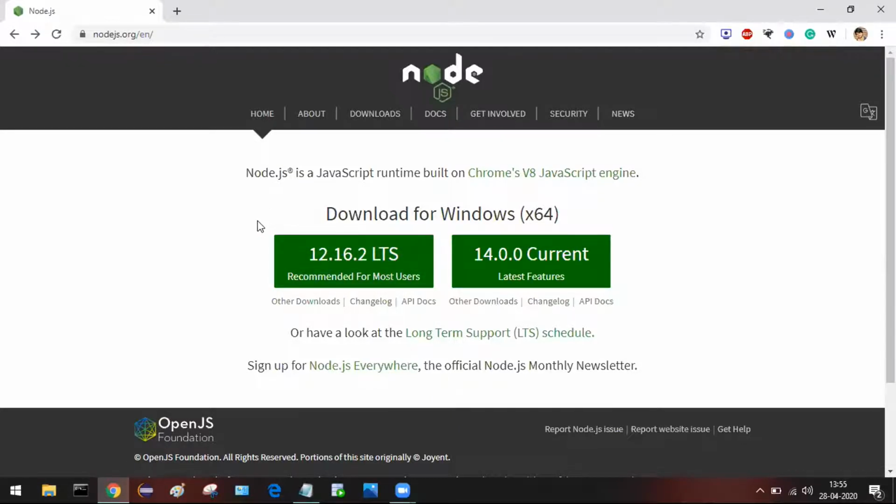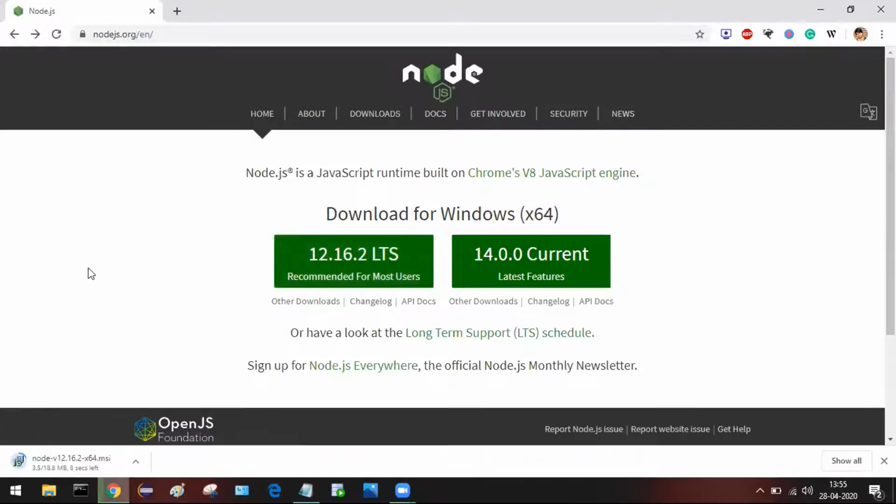So I'm going to download the recommended one, 12.16.2 long term support. Just click on this button or link. It is about 18.8 MB.